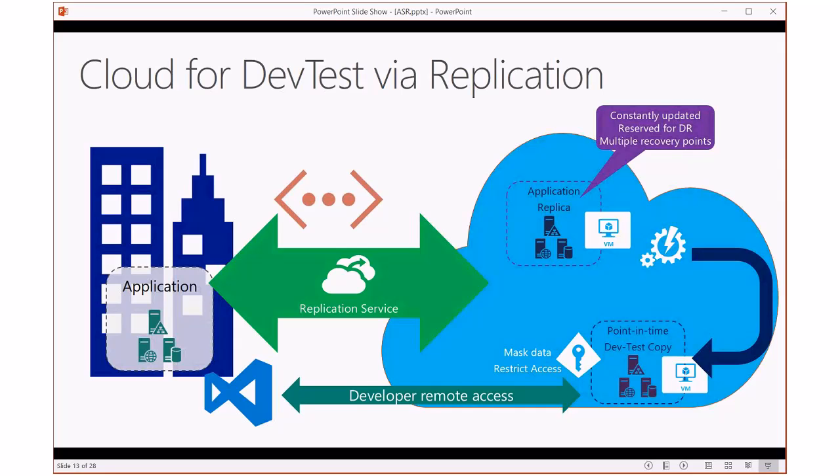Right? So definitely a useful tool outside of its initial intent for use, right? So the intent is really that you can use this to fail over your environment in the case of some catastrophic event. But outside of that, you can use it for migrations. You can use it to move machines between your data centers. You can use it to put machines in Azure permanently, and you can use it to build dev test replica environments. Right? So lots of tangential benefits for this technology outside of its original intent.